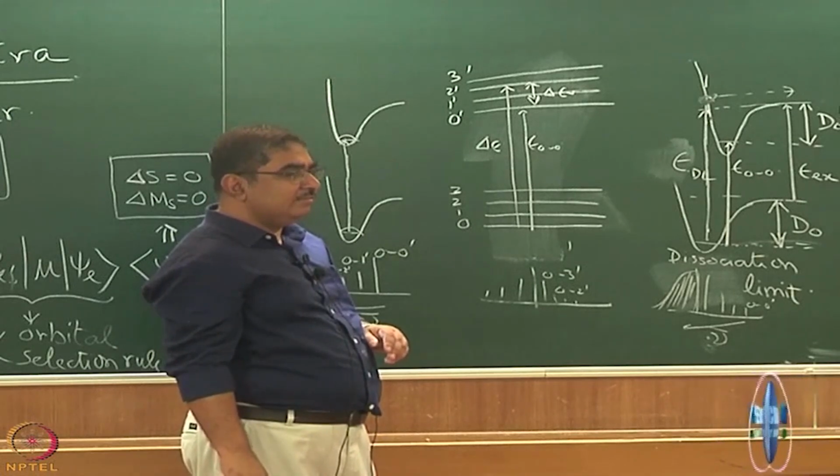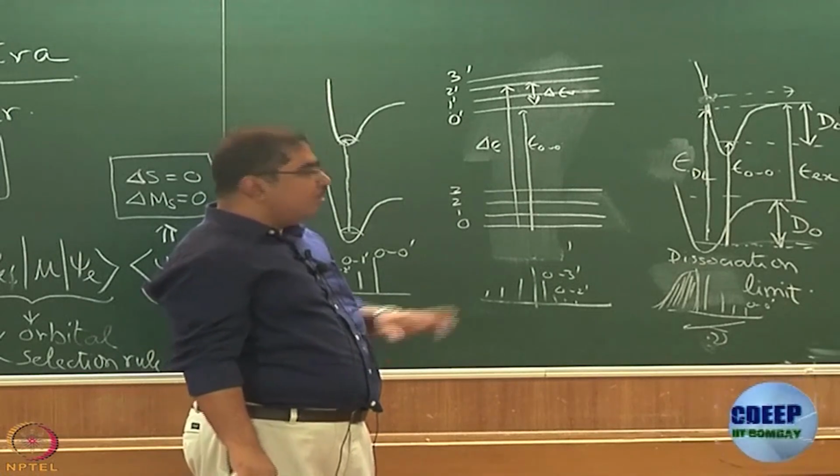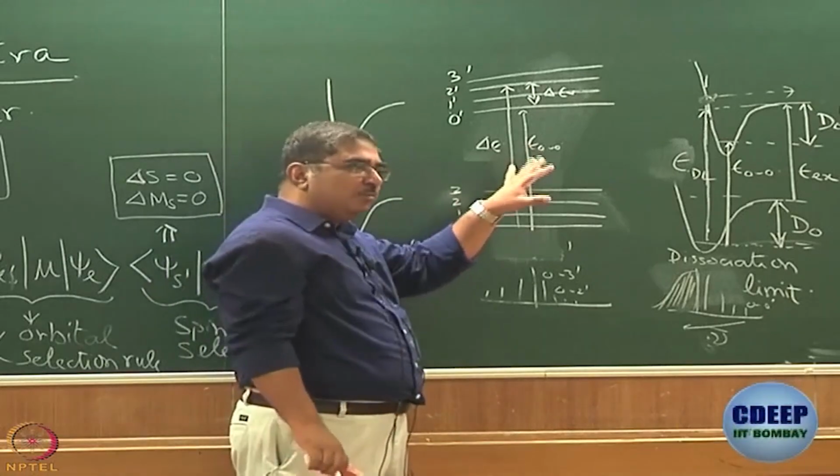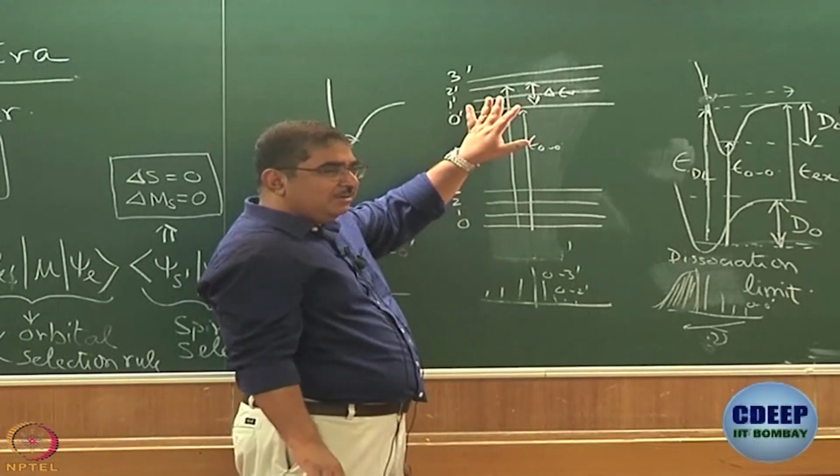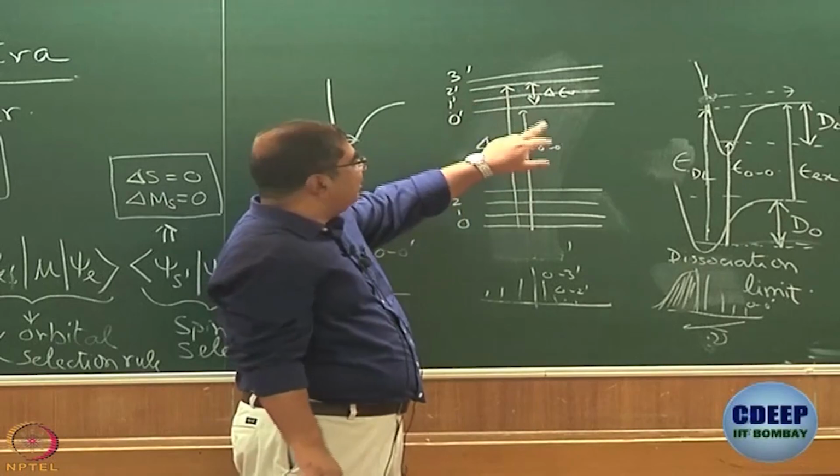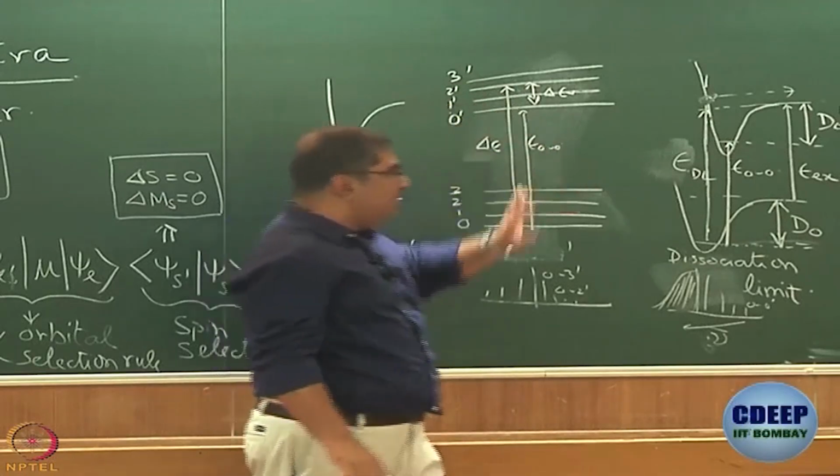Yes. No, so what we are doing is we are breaking it down into two parts. One we are doing 0 to 0, and then from there we are saying it is delta epsilon V. Now, we will write the expression